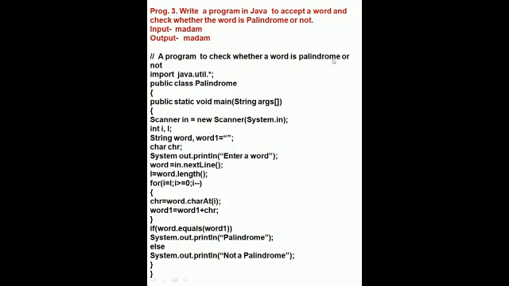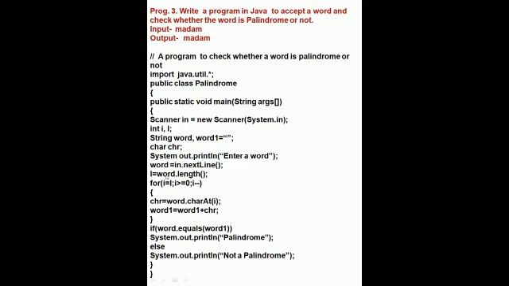First we will write the message, then the first line, class name Palindrome, curly bracket start, public static void main String args, curly bracket start, Scanner in is equal to new Scanner System.in. Now int I and L, I for loop, L for length. String word, because we are not entering a string, we are entering a word, so we are taking word. Word, this is the word and this is the palindrome word. Word1. Char chr, System.out.println, enter a word.